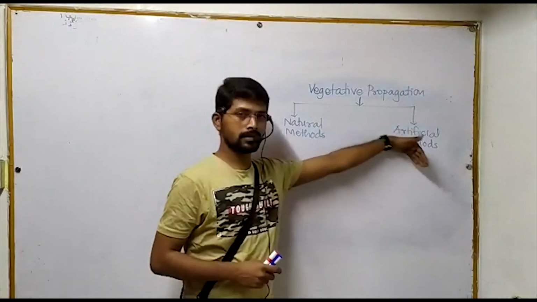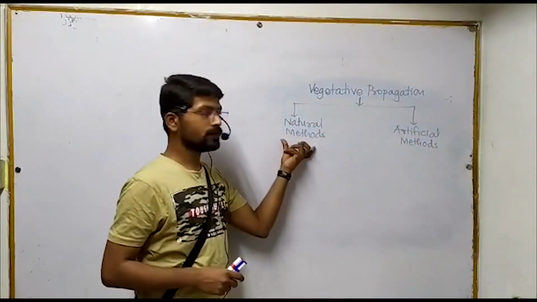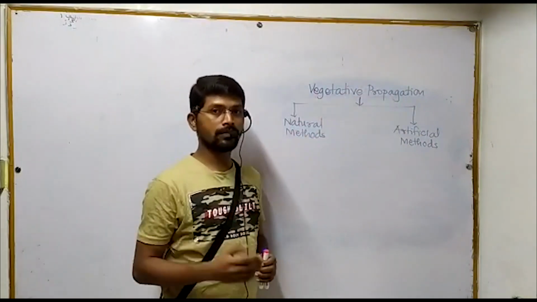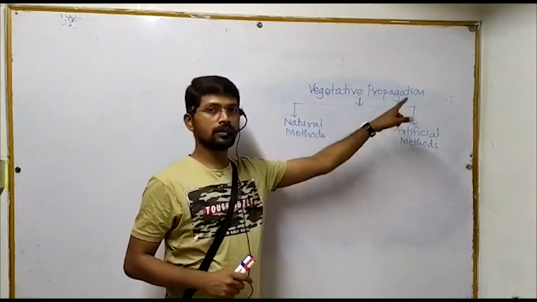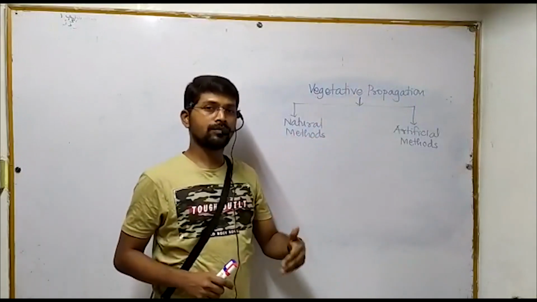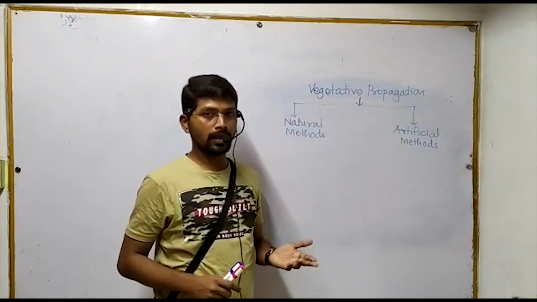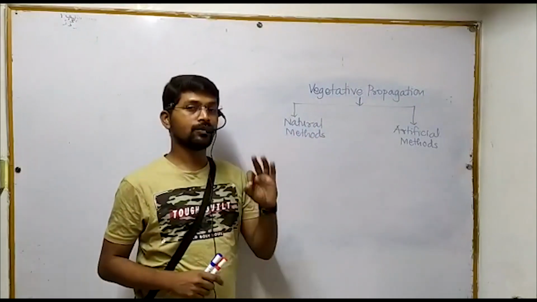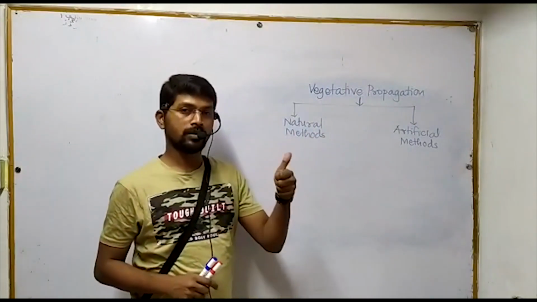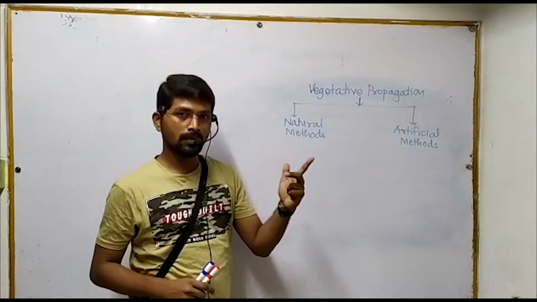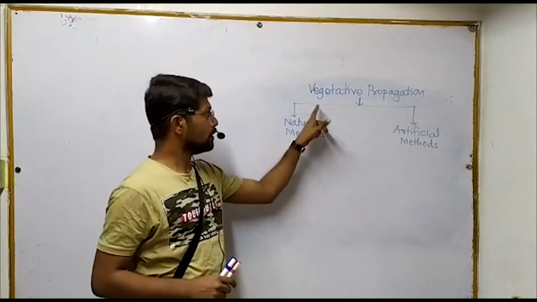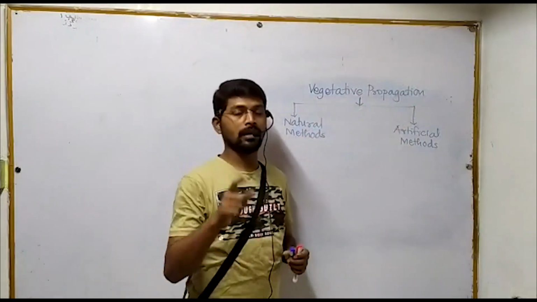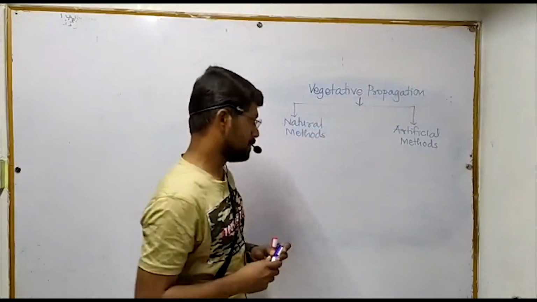We are going to discuss this part later on, but let us focus first on the natural methods of vegetative propagation. Now, as we have discussed, vegetative propagation is nothing but the formation of a new individual from the vegetative part of the plant. And there are three vegetative parts of the plant: one is root, second is stem, third is leaves. Now, on that basis, natural methods of vegetative propagation are also divided into three types, and those are